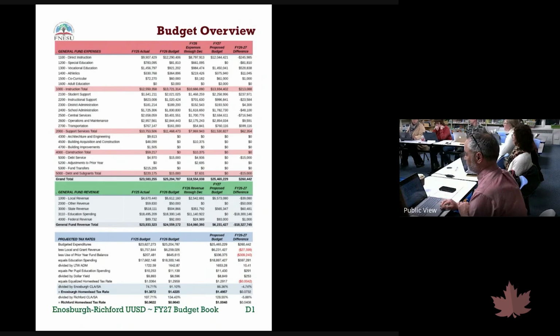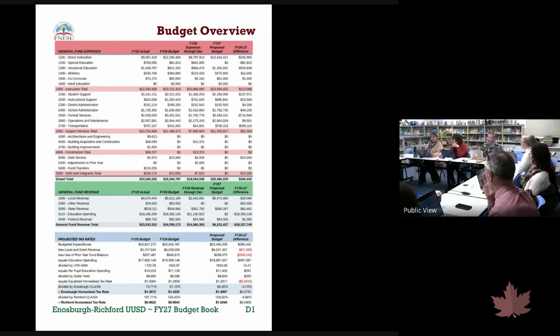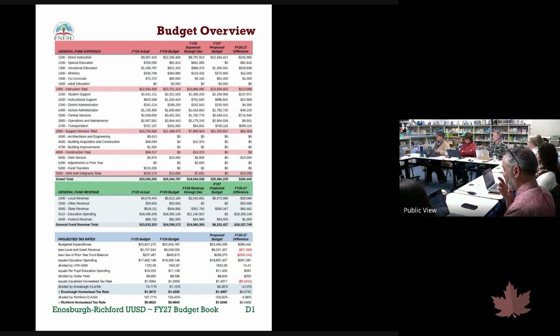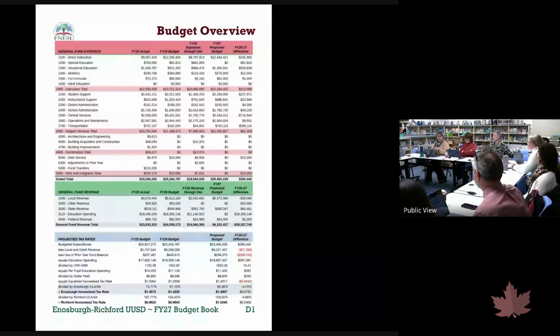I just want to name though, because I think that there's still misunderstanding about tax rate increases when the governor talks about impacts on the education fund and education spending. He talks in general terms about averages, and I think when our community hears that, they make assumptions about what percentage our property taxes are going up. And our spending is very different than other districts around the state. So